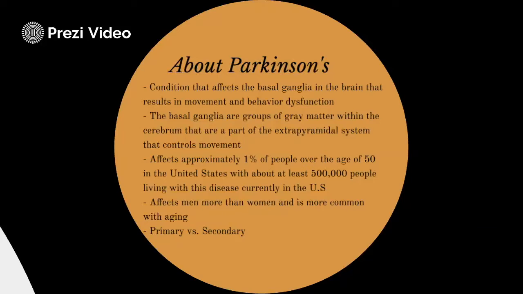There's also two types of Parkinson's. There's primary Parkinson's disease, and then there's secondary. Primary Parkinson's disease is what most people are diagnosed with, about 80 to 85% of diagnoses of Parkinson's being primary. Secondary Parkinson's disease causes motor symptoms that are similar to primary Parkinson's, but the underlying biological cause is different. So, next we'll be going over the causes of both primary and secondary in the next slide.